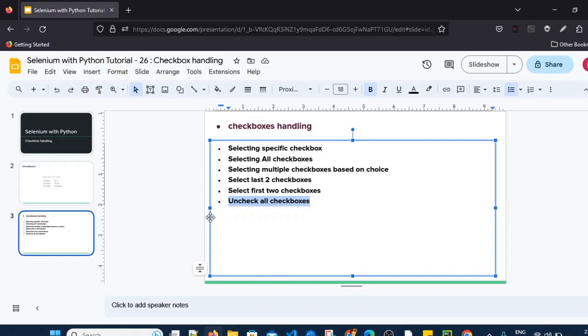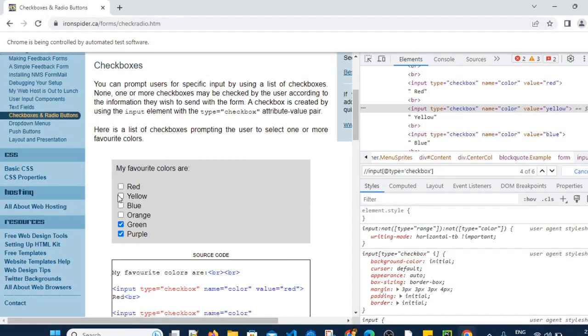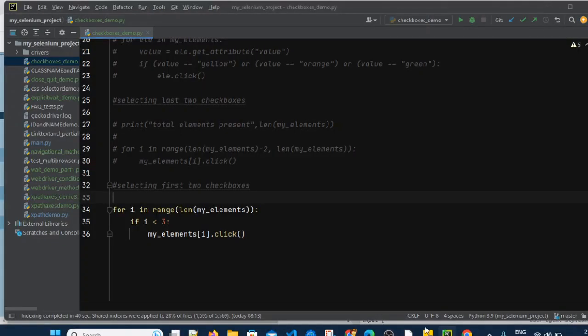That means checkboxes which are already selected, I want to uncheck them. If the checkbox is not selected at all, we don't have to uncheck them. If you perform uncheck on them, it will actually check, it will make them as selected. So here we want to add one condition. So I want to make all the checkboxes clear. So now let's see how to make that. So the next scenario which we are seeing is unselecting all checkboxes. I want to unselect all the checkboxes.